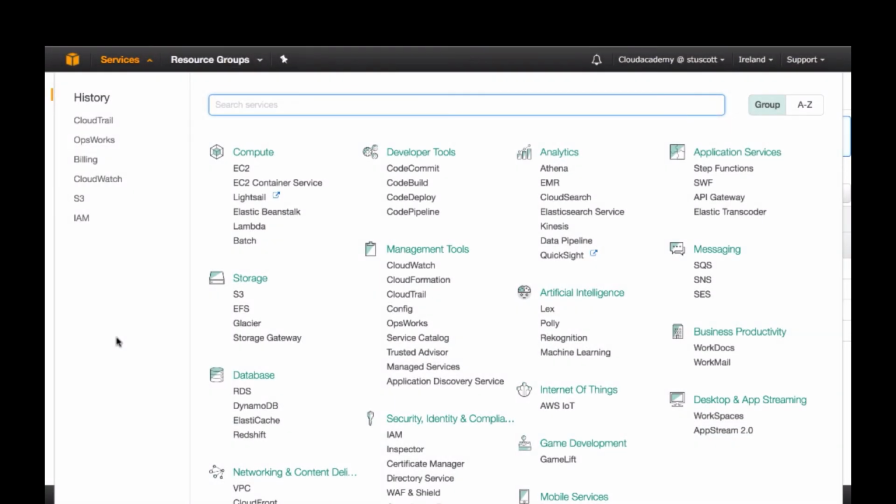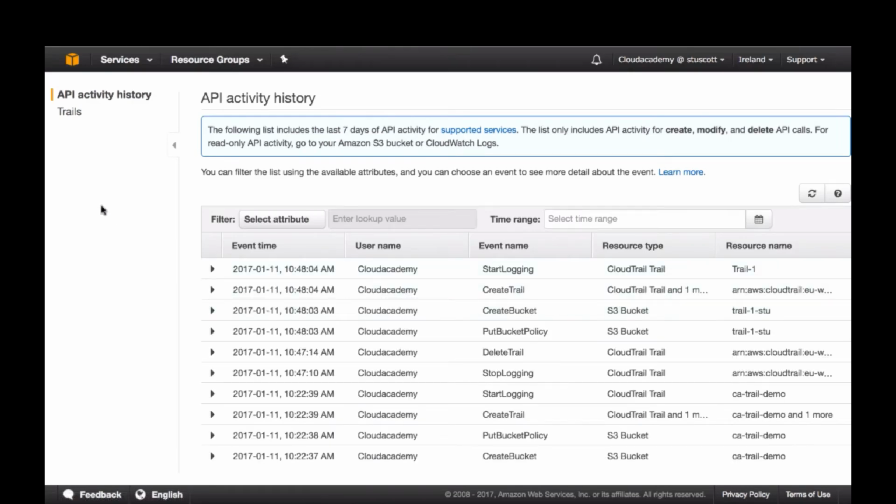Okay, so let's take a look at how to set up a trail within CloudTrail. As you can see, I'm currently at the service page within the AWS Management Console, and if we go across to Management Tools and go down to CloudTrail, that's where you'll find the service. So if we click on that, that will take us to the dashboard of the CloudTrail service. If we click on Trails,